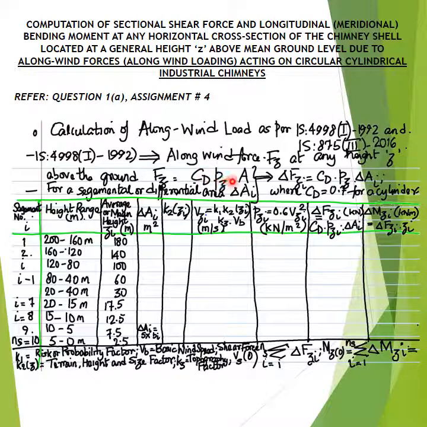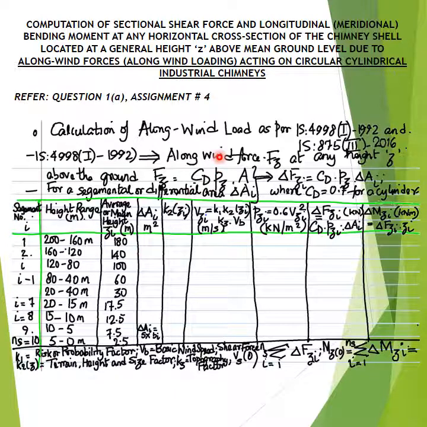which are the risk or probability factor and the topography factor and the cyclonic region factor respectively, as well as the basic wind speed VB from the wind speed map of India presented in figure 1 of IS 875 Part 3, one can fill in the design wind speeds denoted as VZi corresponding to the relevant average or mean height Zi for the various segments i